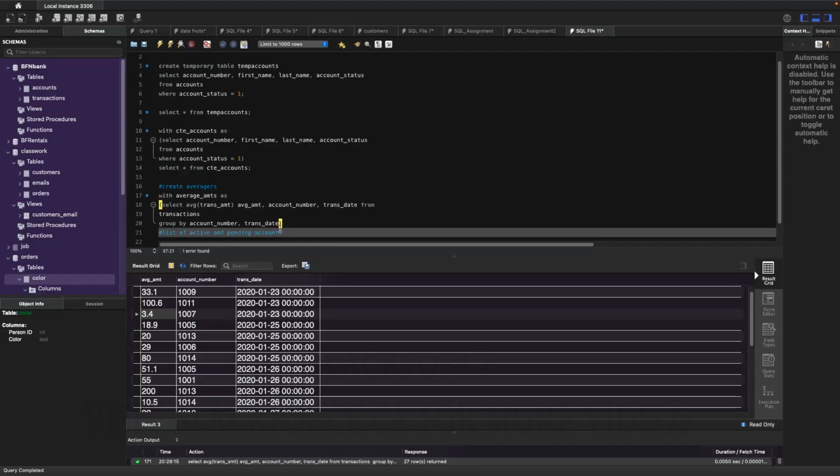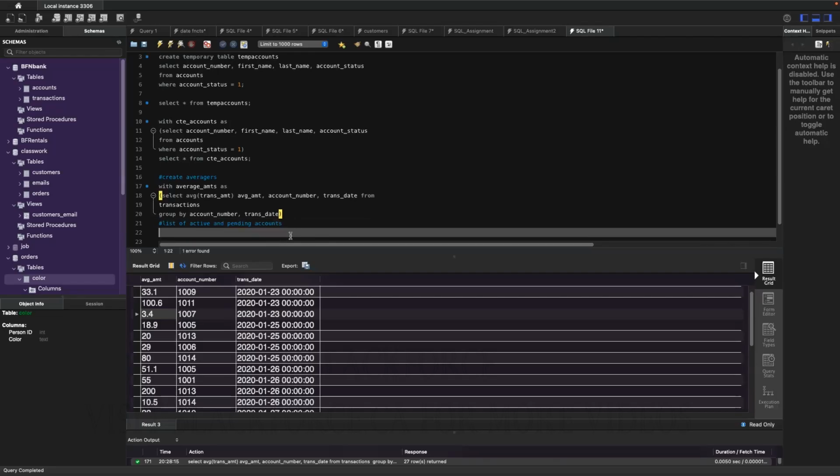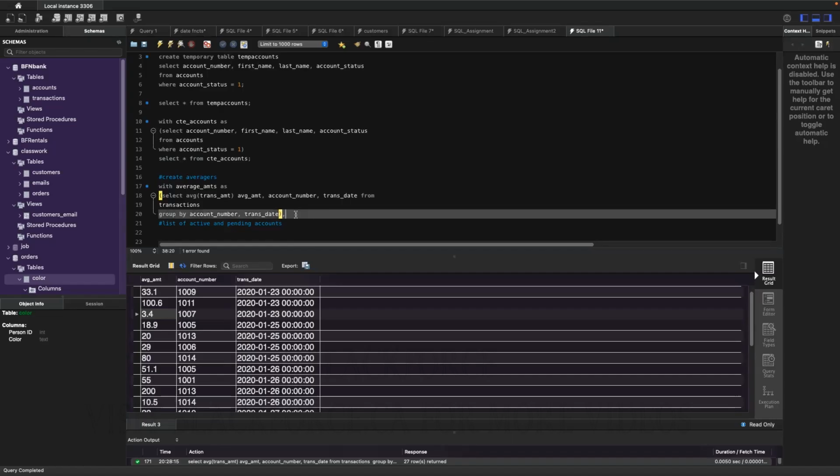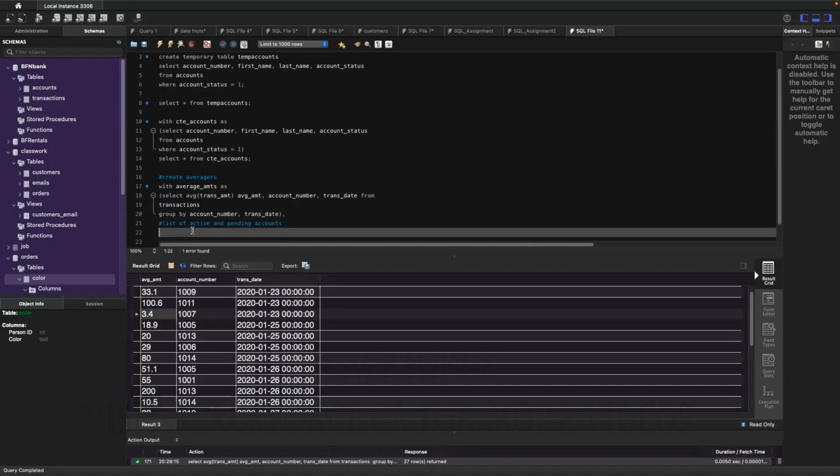But since I don't have that, I'm making the tables the way I need them so that I can extract the information from them. So I'll call this active customers, or active account, as